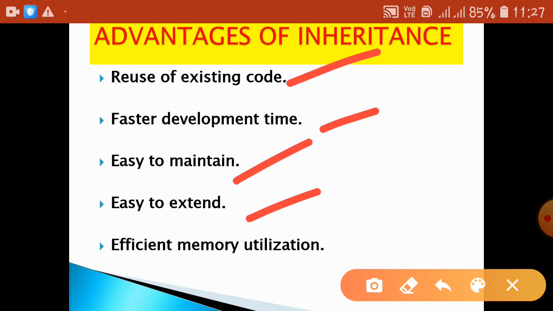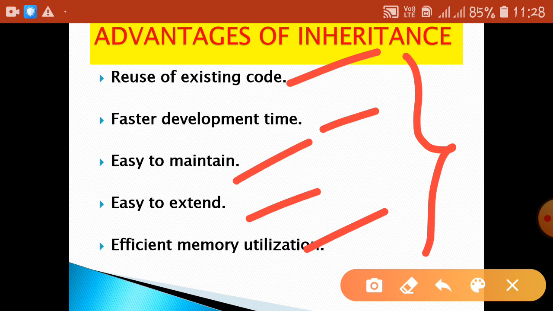So it can be easily extended. Since it has the reusability characteristic, the memory utilization will be very less. These are some of the advantages of why we have to use the inheritance concept.